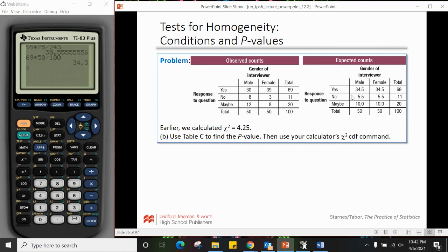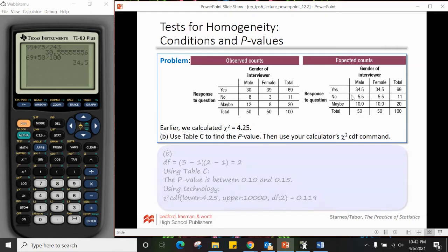So let's use table C to find the p-value, then use your calculator's chi-square CDF command. This is a new thing, the degrees of freedom, and we'll talk about it a little bit later, but degrees of freedom for this is the number of rows minus 1, so 3 minus 1, times the number of columns, 2 minus 1. We do not include the total row and column as one of our rows and columns. Okay, so here, 3 minus 1 times 2 minus 1 would be 2. If I use table C, I could find it, but if I use technology,